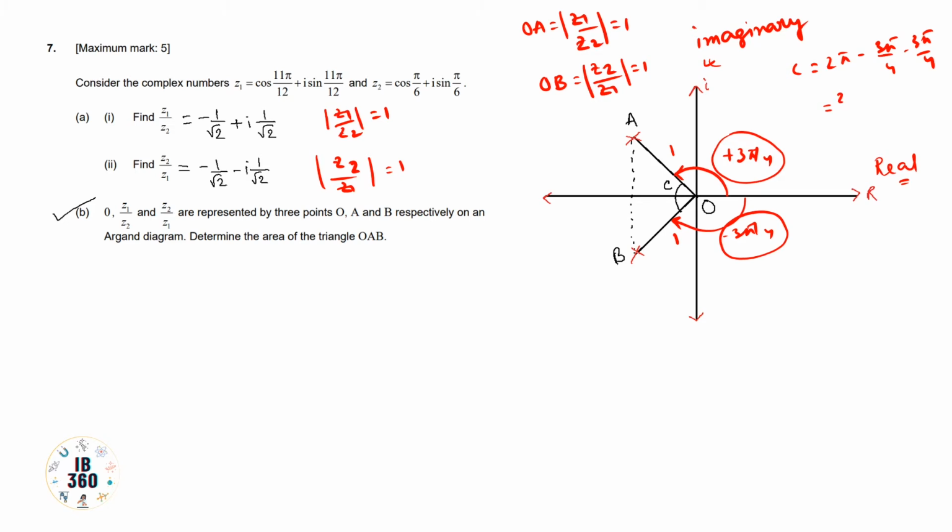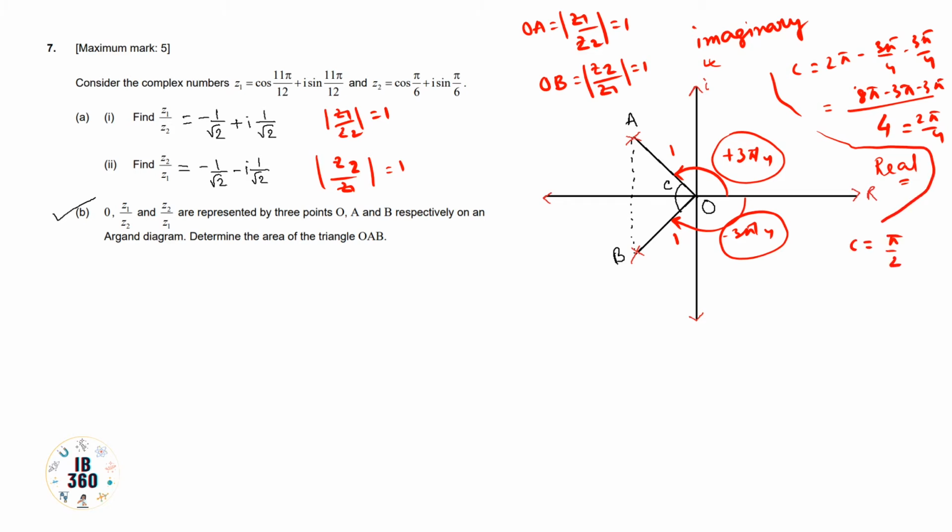So this will be 2 pi minus, so we are directly doing the LCM here and we will find out the value, that is 8, then sorry, this will be 4. So first 4, then here 8 pi minus 3 pi minus 3 pi. So it will be 2 pi by 4. So C is nothing but C equals pi by 2.